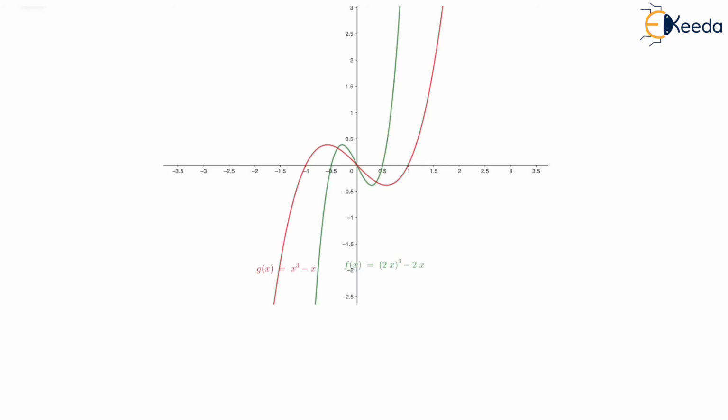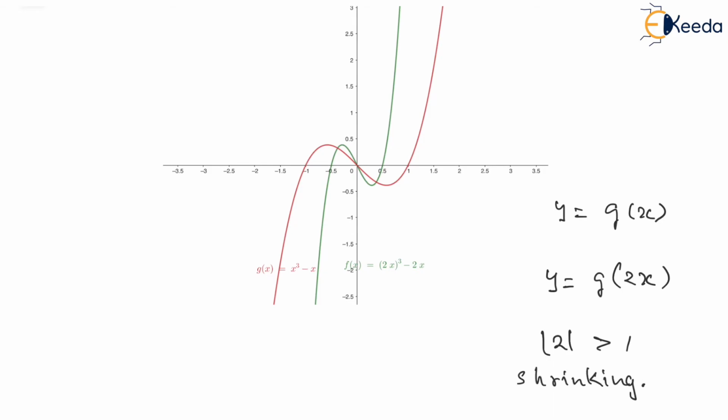So let us try to understand this with the help of a graph. So initially the graph we had was x cube minus x, but now we have changed it to 2 times of x whole cube minus 2x. That means in this case c is equal to 2. So the initial graph y was g of x, and now it has become y equal to g of 2x. And of course we can see that absolute value of 2 will be greater than 1. So in that case we'll face shrinking.